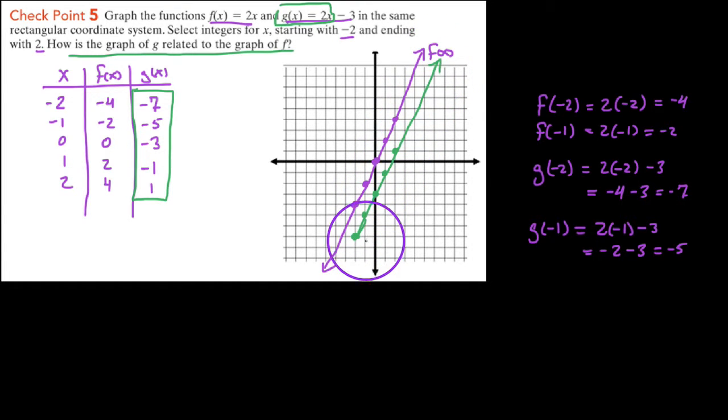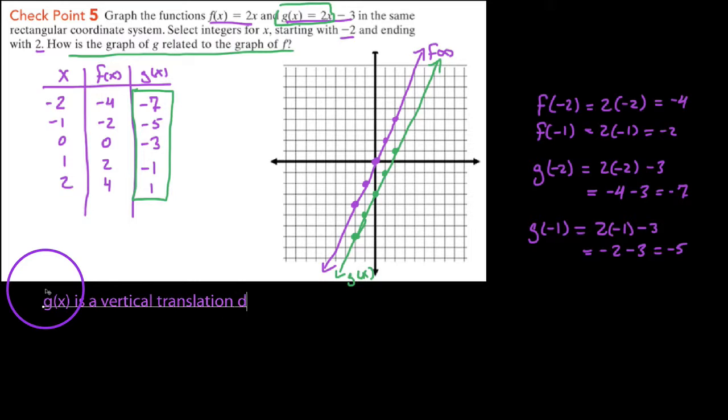And I say, how are these related? Well, first of all, I notice that the graph of g of x is translated down 3 units. So I do want to make sure we put a note in here about this. We say g of x is a vertical translation downward 3 units from f of x. But also, you might notice that g of x and f of x never intersect. In other words, they are parallel